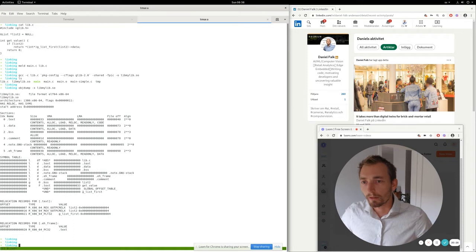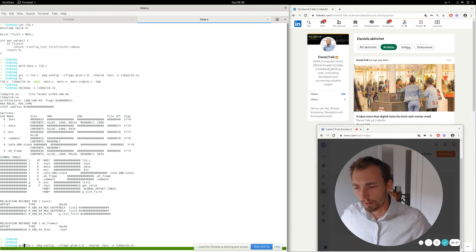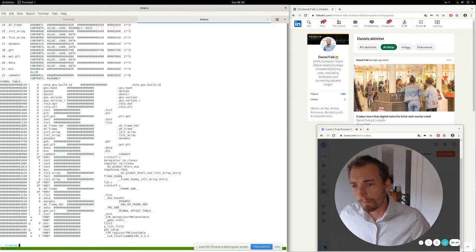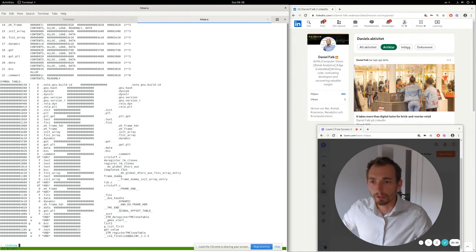So I'm actually confused a bit now. The compile command that we ran shouldn't have the -c flag, because then we're not compiling a shared object. The only thing we did there was the compilation. Now we also have done the necessary linking for the shared object. But basically the things are the same: we have the list with an address. We have the g_list_first function. It doesn't have an address, it's undefined. And we have our function getValue, it has an address. But another interesting aspect here